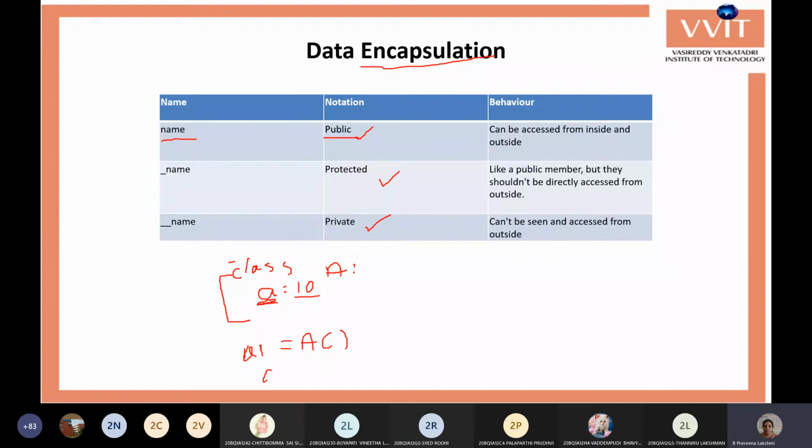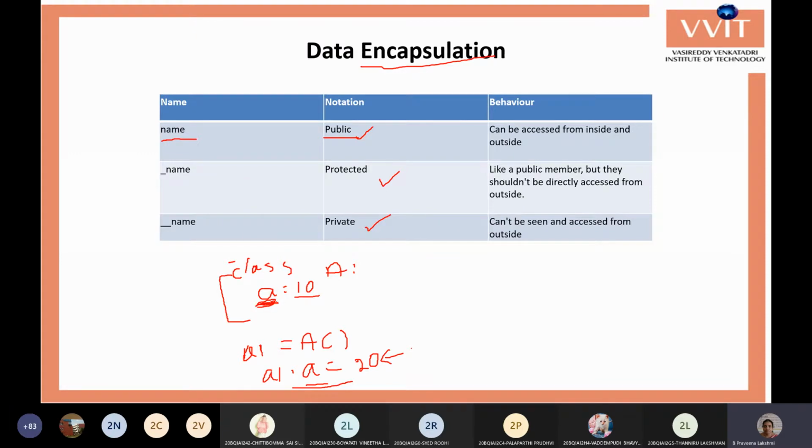Now I'm able to use a1.a equals 20. If you are not getting any error here, then we can say that this small a variable can be accessible outside the class. If you are getting an error in this statement, then this variable is not accessible outside the class.